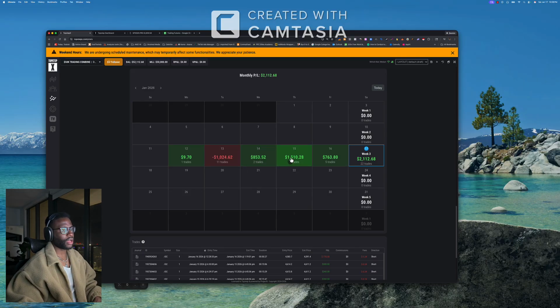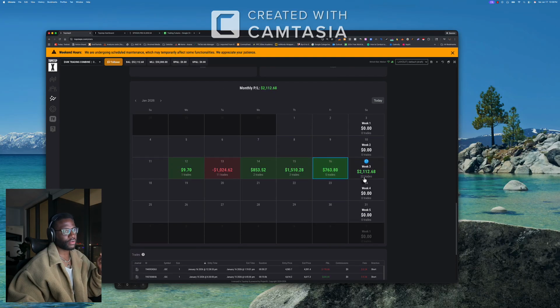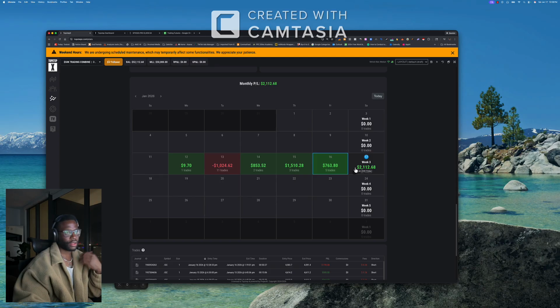And then the next day, I took two trades, and this day was pretty interesting because this was gold, GC, and I got into this. I took one trade where I didn't even need to, on the 16th, and then here it was the overnight London session. Long story short, it was pretty interesting. P&L 2,100 for the day. For the week, I could have ended up at like 28, but it is what it is.